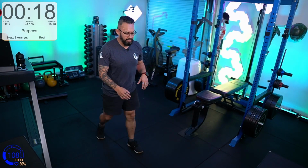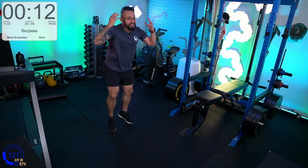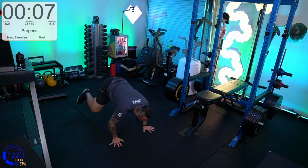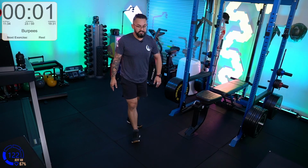Okay, burpees, go. Because believe it or not, you can lose a lot of weight without any exercise. As long as you're simply disciplined with your nutrition program, then you're gonna drop weight, you're gonna drop body fat. You're probably also gonna drop some muscle as well, because it's important to note that by physically moving,